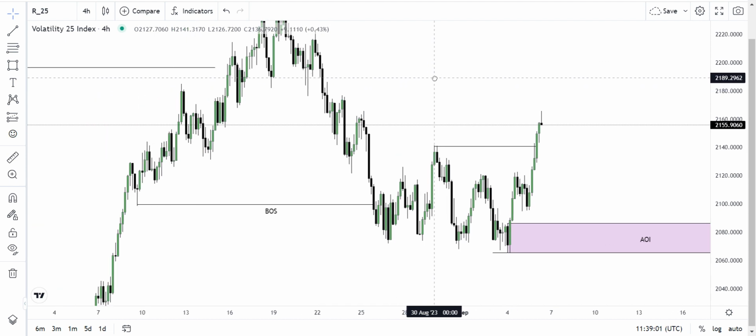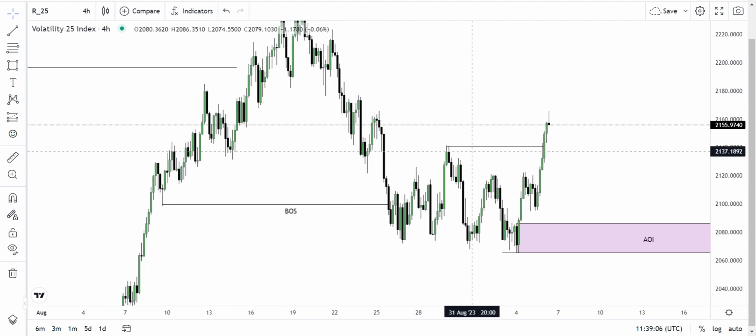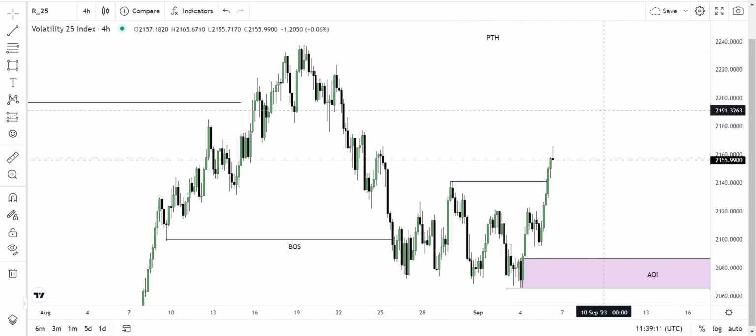So in a nutshell, in summary, as a trader, whenever you open the chart, the first thing you need to do is understand the story of the market. And for you to be able to understand the story of the market, you need to understand the flow of the market. You need to understand market structures, whether the market has broken structure to the upside or to the downside. And also, as an advice, please always try to do top-down analysis. Check your monthly time frame, your weekly time frame, your daily time frame, analyze on a higher time frame, and execute on a lower time frame.